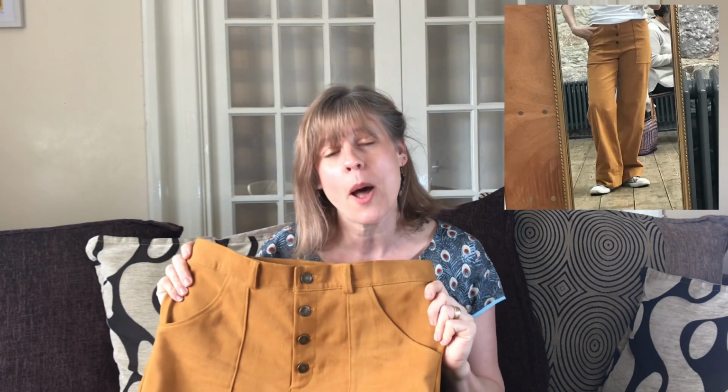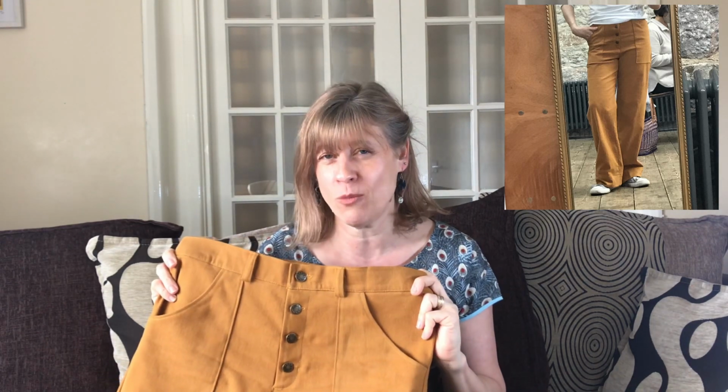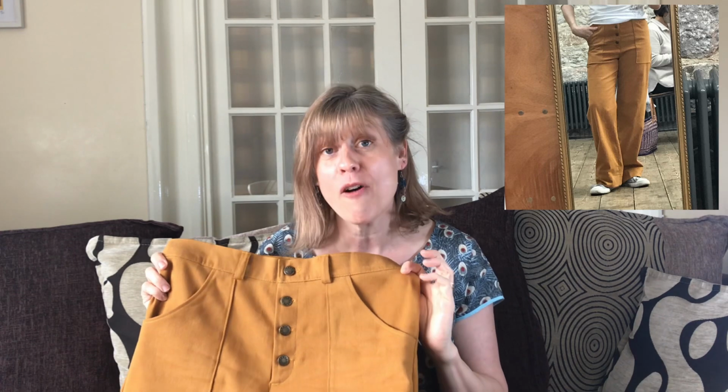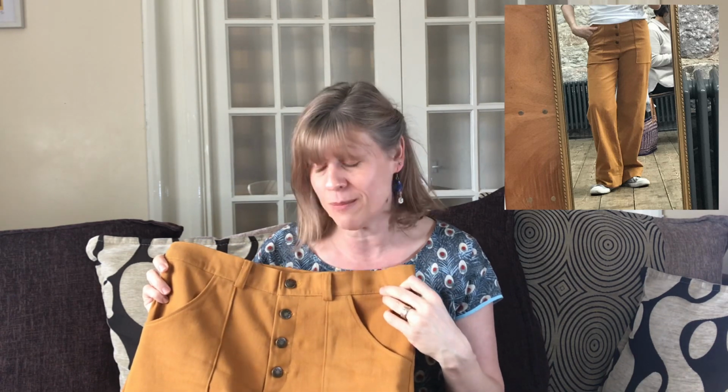I absolutely love these, and they are made from this gorgeous mustardy colour brushed cotton twill, and if I'm not right about that, I'll put the correction. I think it was a brushed cotton twill from Rainbow Fabrics of Kilburn,